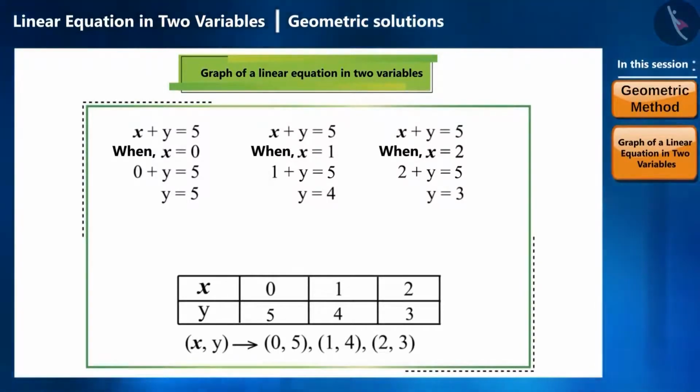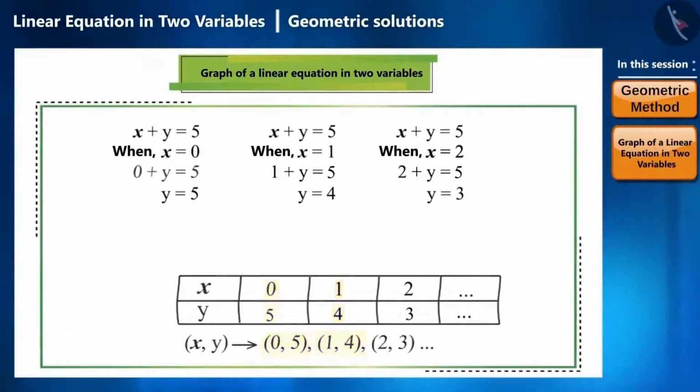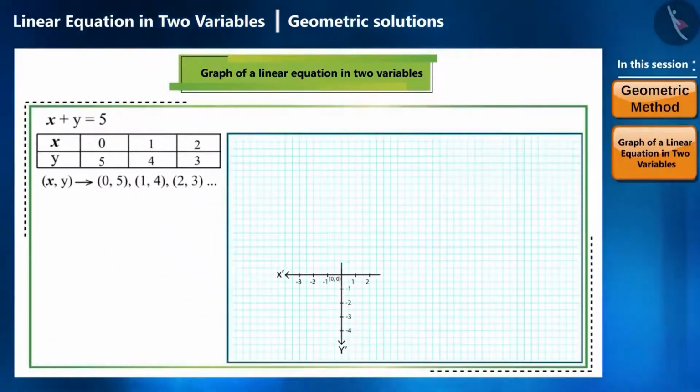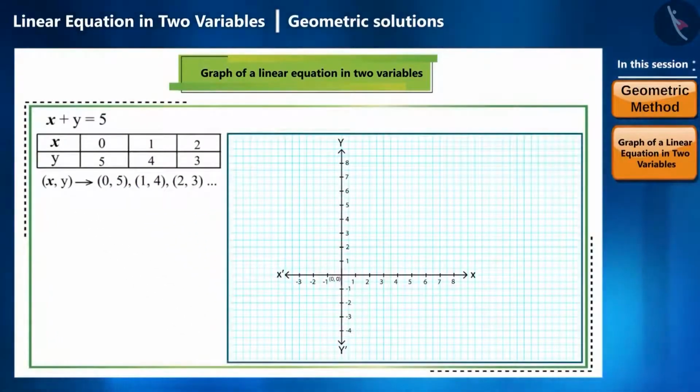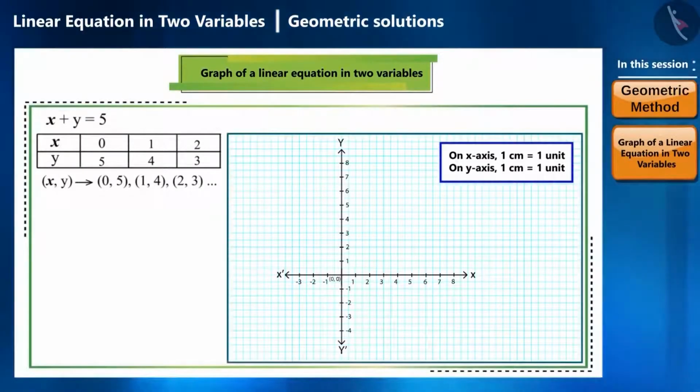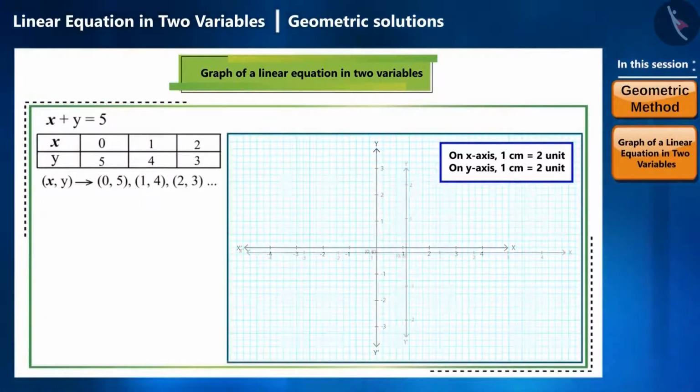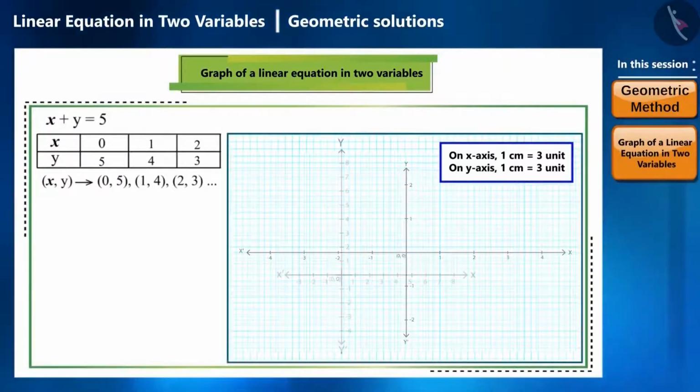Friends, we can identify countless coordinate points like this, not just 3. But on a graph paper, 2 points are enough to represent a line on the xy axis. Let us draw x and y axis on a graph paper. Mark the units carefully on both the axes. Generally, we take 1 centimeter is equal to 1 unit. These units can also be increased or decreased according to the points. We can take 1 centimeter is equal to 2 units or 1 centimeter is equal to 3 units, etc.